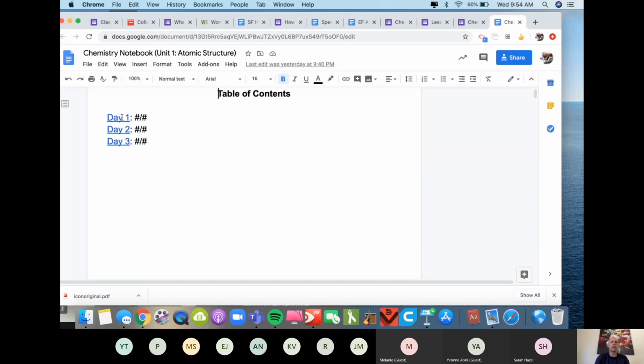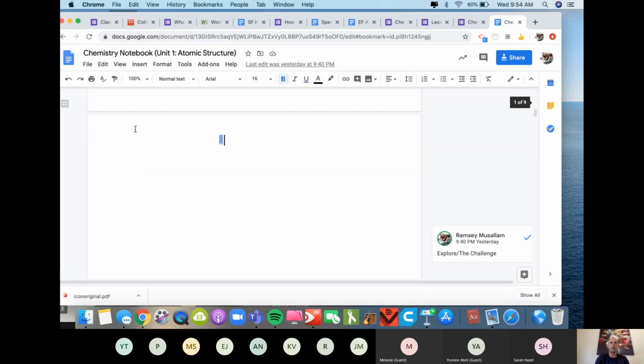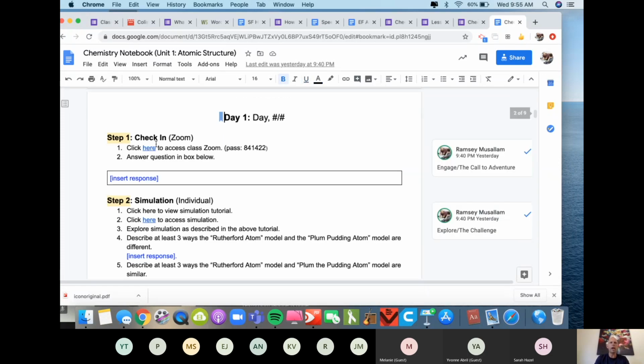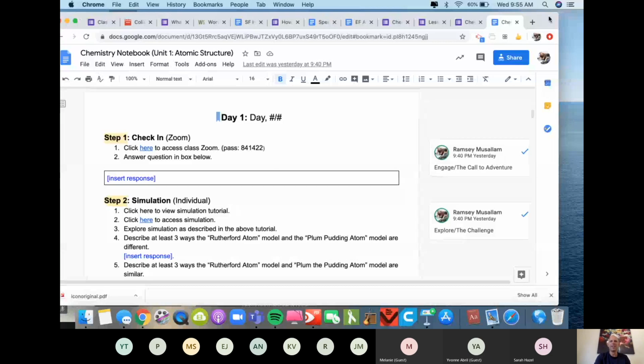So I have these hyperlinks up here to each day. For day 1, I also decided I'm going to do the check-in. You see on the right here, I actually have these comments to tell me where I am in the hero's journey cycle. I'm so glad I put that in for you. Students are going to open this up, and it's going to have day 1 highlighted.